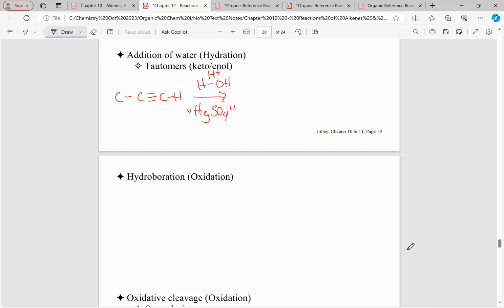So the three conditions are acid, water, and then this mercury 2 sulfate. But the pi bond is, of course, going to go after the acid, and it is going to break. And you're going to make the Markovnikov carbocation. Hey, but guess what's also available? So your second step, the water comes in, and we have got